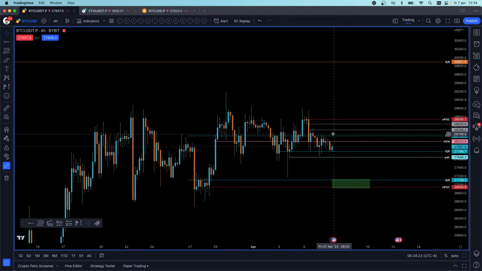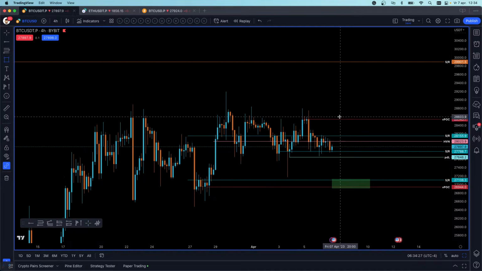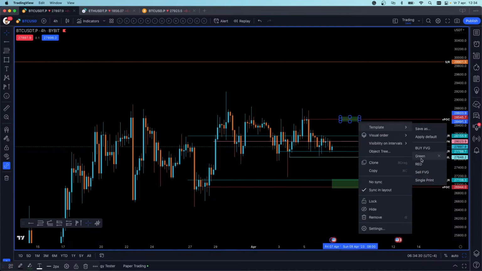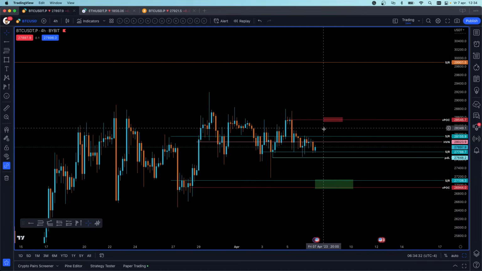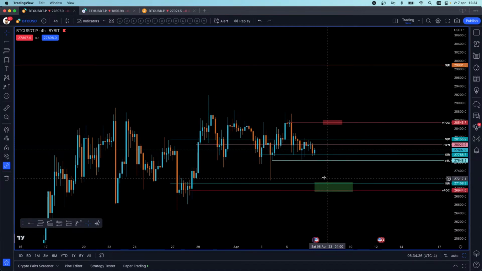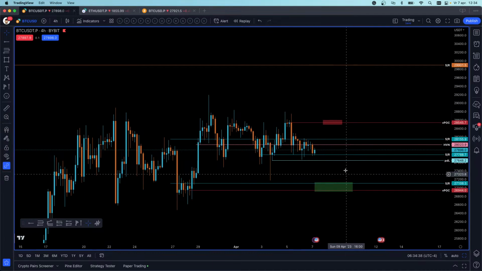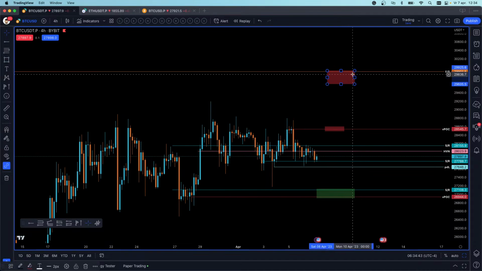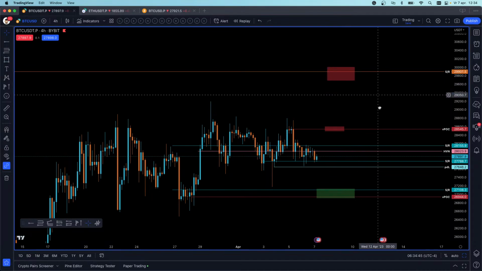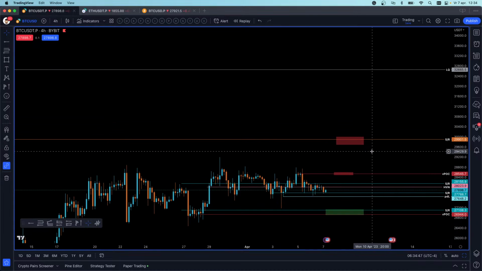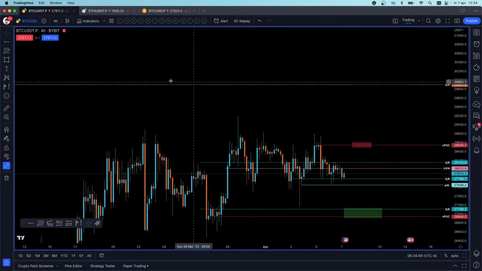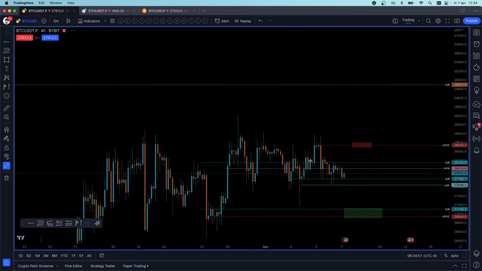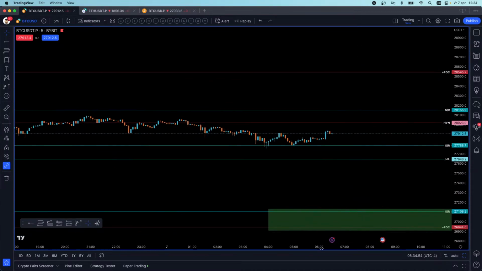So I have this region as my resistance and potential target. I have this as support and potential target to the downside or reversal towards that level. And I of course still have this level and obviously higher. So now I'll just dive into a lower time frame chart, and then I'll go on to a